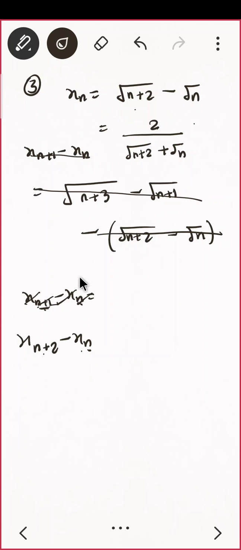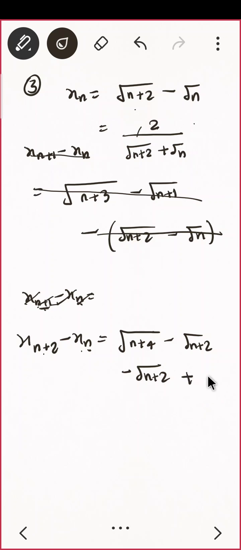So I'll do both the thing. पहले इधर से देखो तो डायरेक्ट दिखेगा तुमको, कैंसिल होंगे लोग. इधर से देखो तो तुमको ये भी सॉल्व करने की ज़रूरत नहीं पड़ेगी. In the previous one also this will help you. See, how will that root of this will become n plus 4 minus root of n plus 2, and minus xn is root of n plus 2, and this will become plus root n. So ये दोनों cancel, correct? And what are you having? Root of n plus 4 plus root n, which is a positive number, so it is increasing.